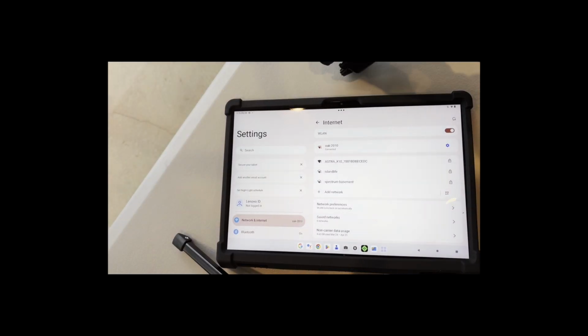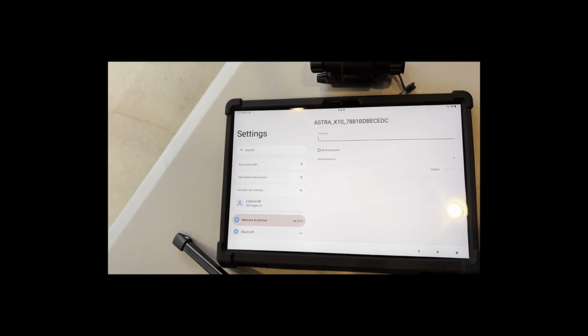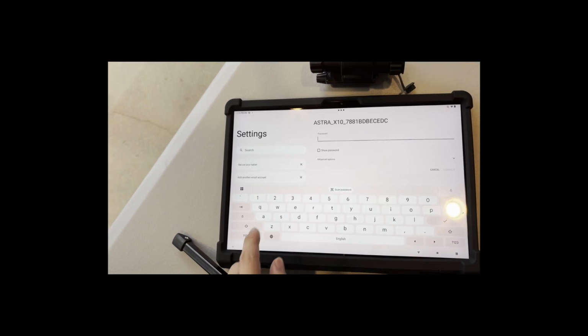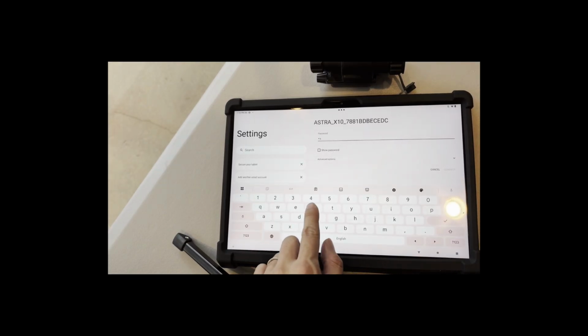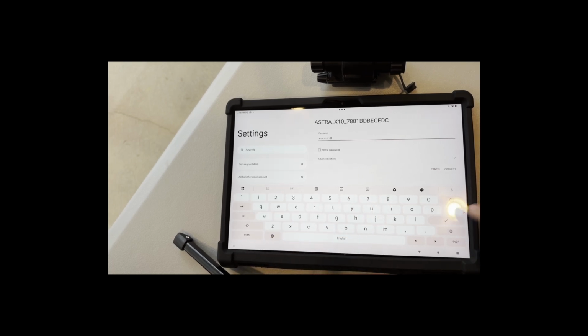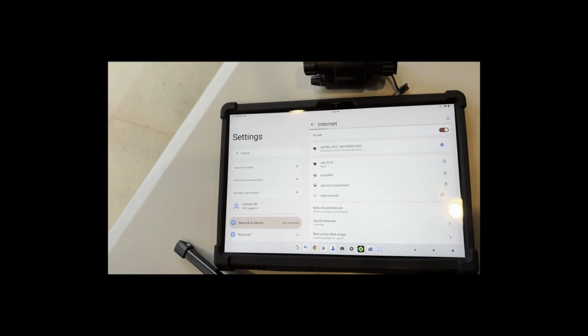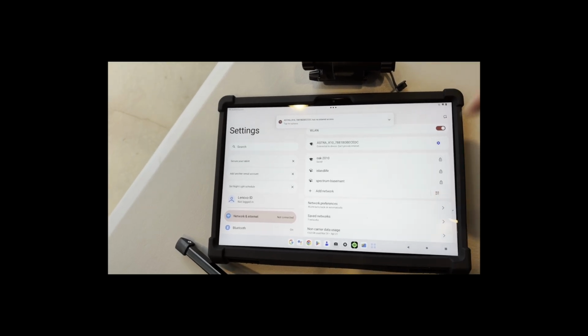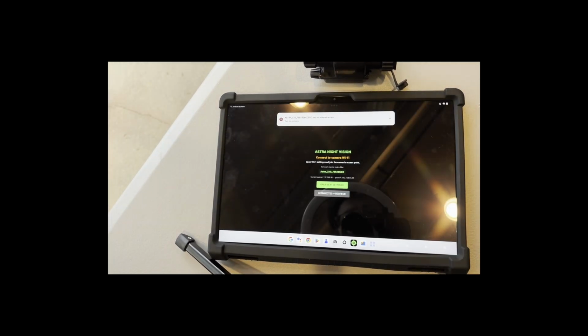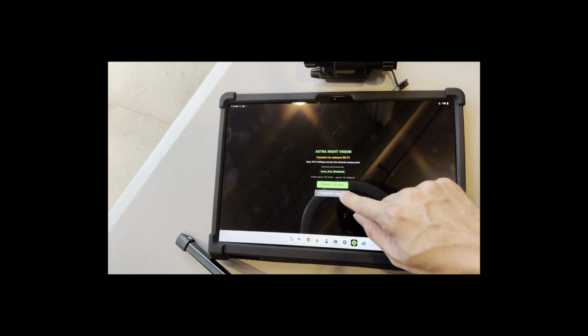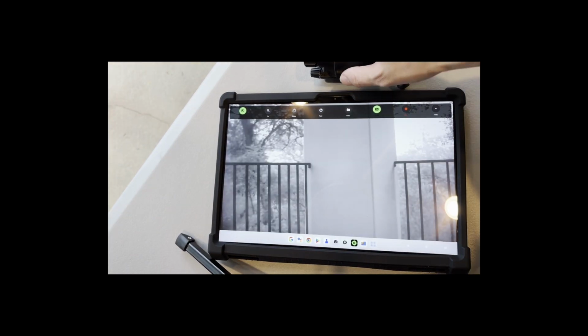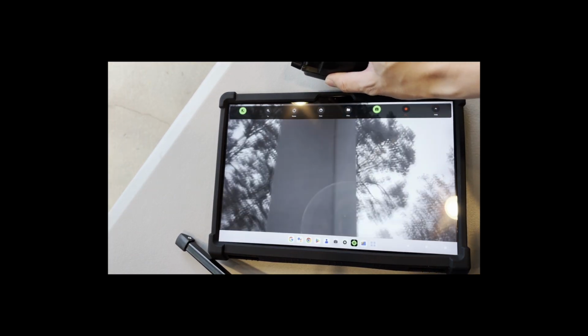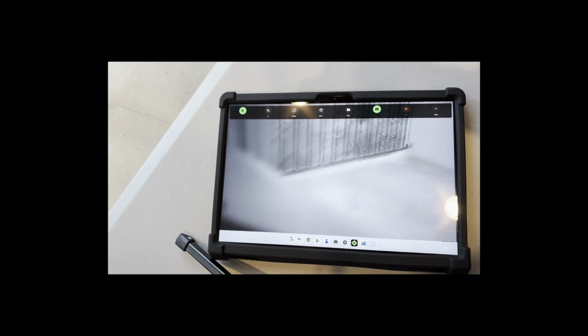Now, return to your tablet or smartphone's Wi-Fi settings and look for a network name that begins with ASTRA-X10. The default password is ASTRA-678. Once connected, go back to the Astra app and tap I connected. You will now see that live streaming is active, allowing you to view real-time video directly on your tablet or